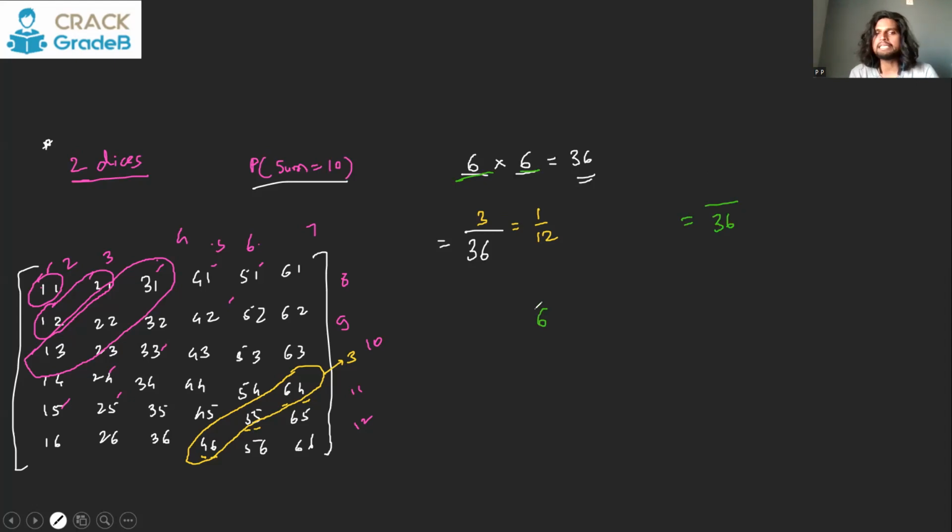So go for the extreme case. If the first choice has 6 upon it, the second has to have 4. Now reduce this number by 1, it will become 5. Increase this number by 1, it will become 5. So the sum stays 10.